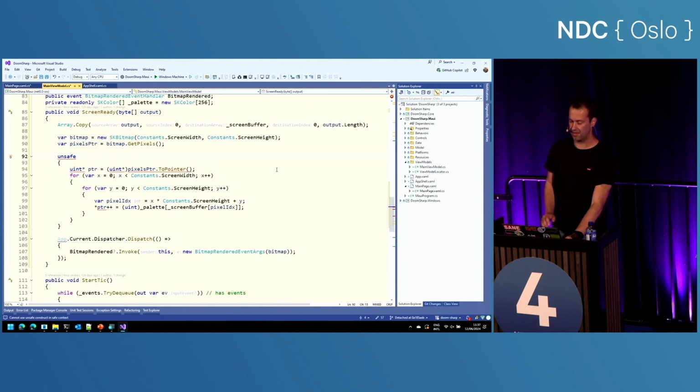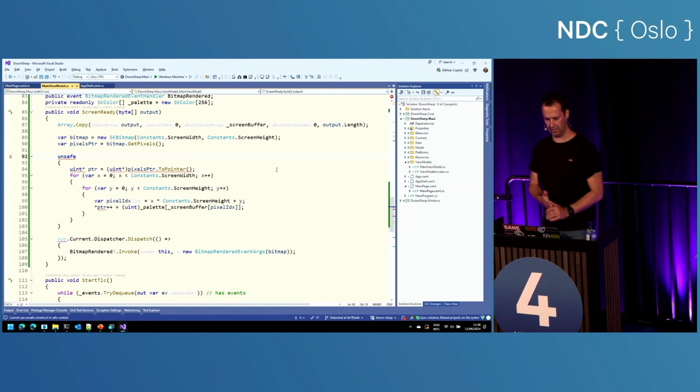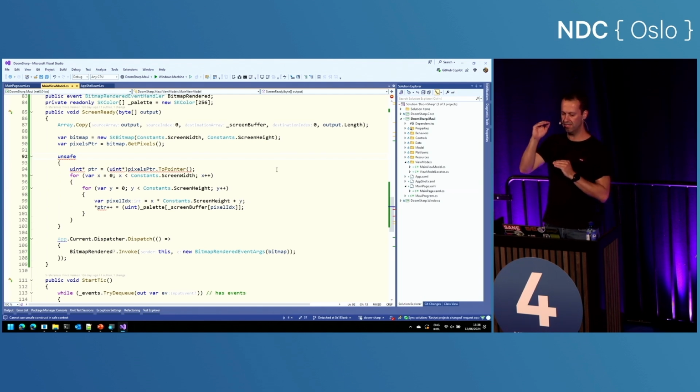And here's an unsafe statement. And unsafe is not supported by default. You need to add something to your CS file in order for this to work. What unsafe does is, whatever code is in this unsafe block will not be managed memory. You're basically on your own. You're telling your garbage collector, I know what I'm doing, leave me alone.